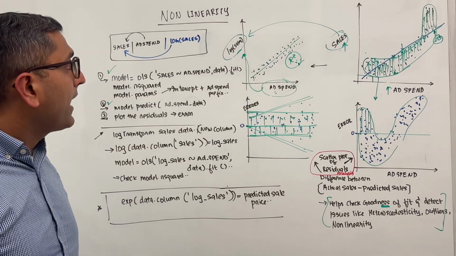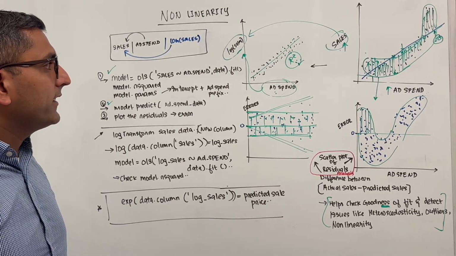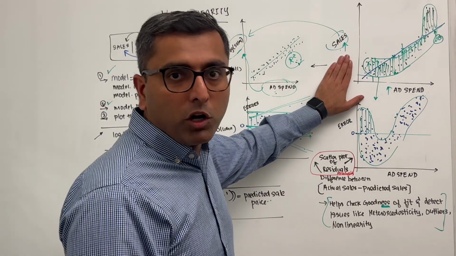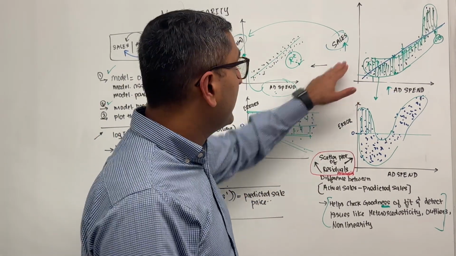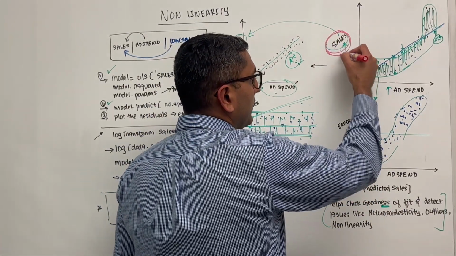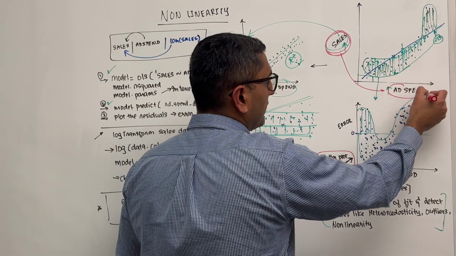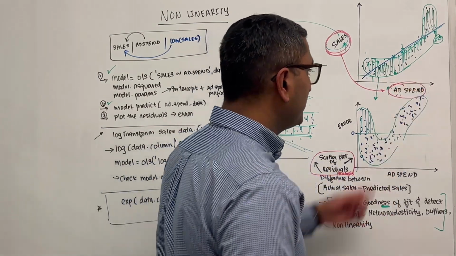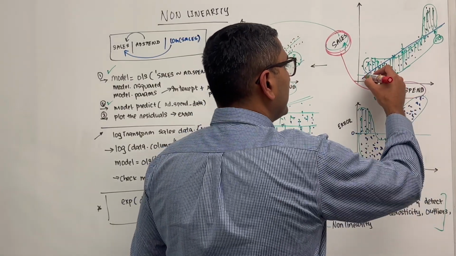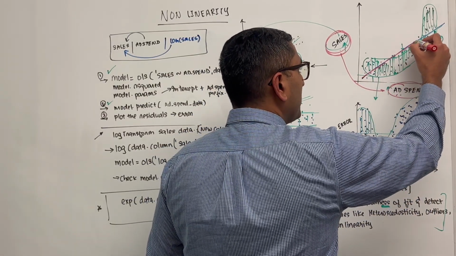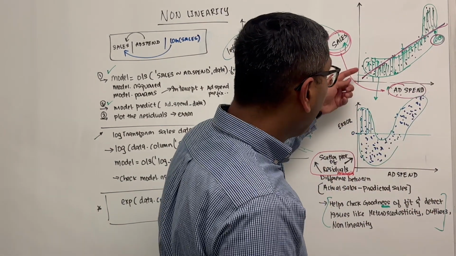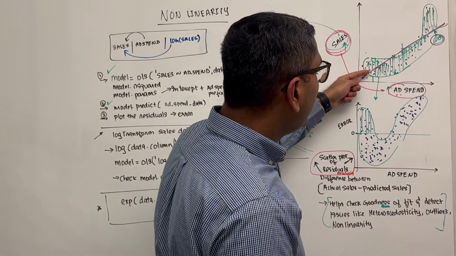Non-linearity. How do we handle non-linearity? Let's say we are trying to build a model that predicts sales, how much revenue we will generate based on ad spend, how much money we spend on advertisement. We realize that we have this linear model which we are able to fit with OLS, and we see that it is not able to really